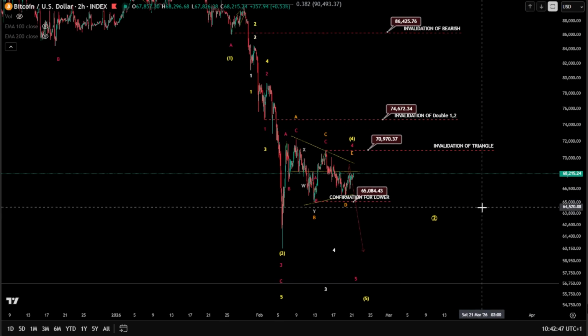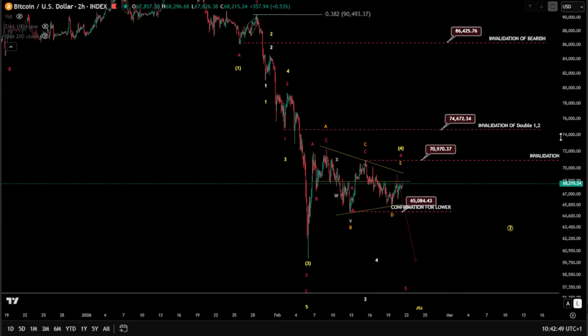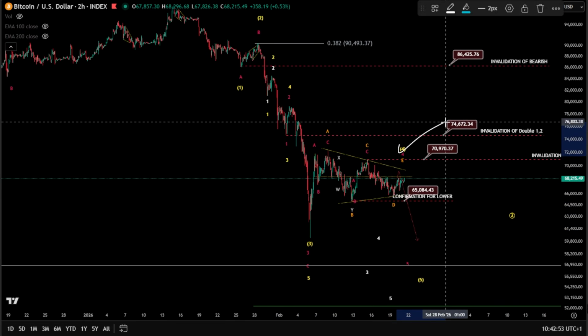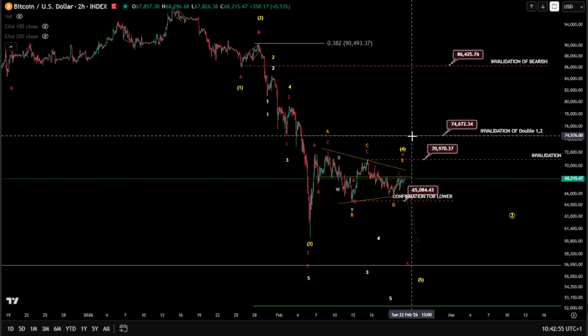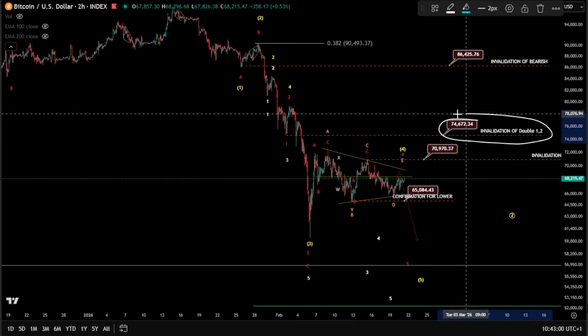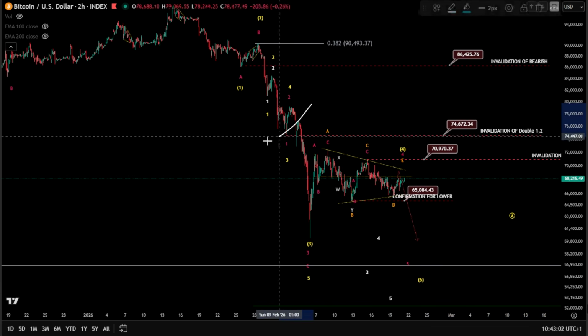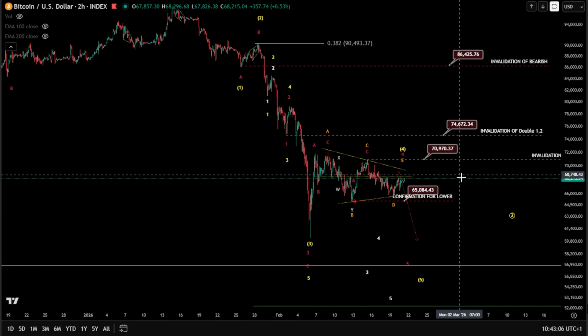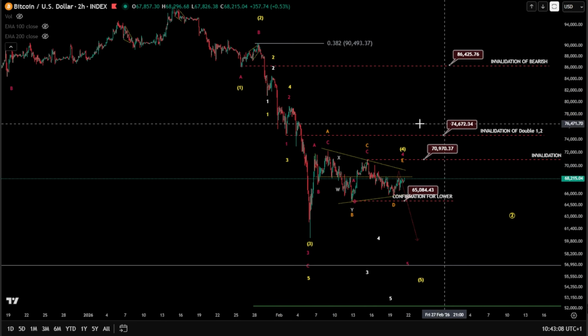I would say for Bitcoin, currently this wave 4 is playing for both case scenarios. This wave 4 is playing perfectly for both case scenarios. I was looking for invalidation at least for the double 1, 2, so to eliminate one of these possibilities, but unfortunately the price didn't give it to us. So both